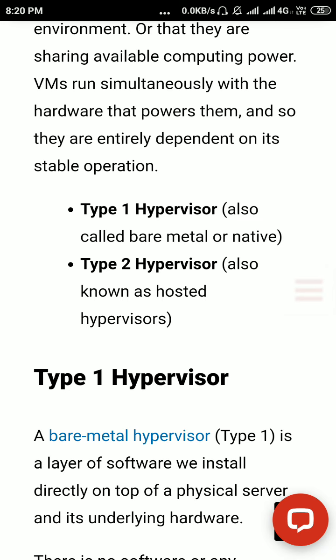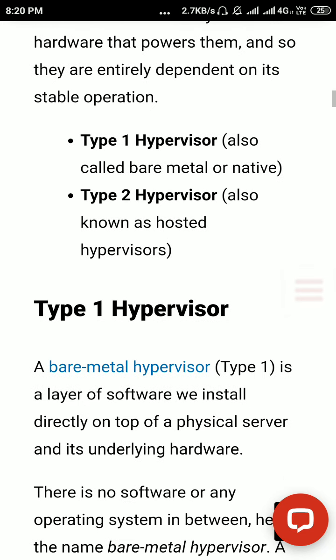Okay, we will see how is the structure of hypervisor type 1 and how is the architecture of type 2 hypervisor, and how they use, where they use, and what type of software come to the type 1 hypervisor and type 2 hypervisor.